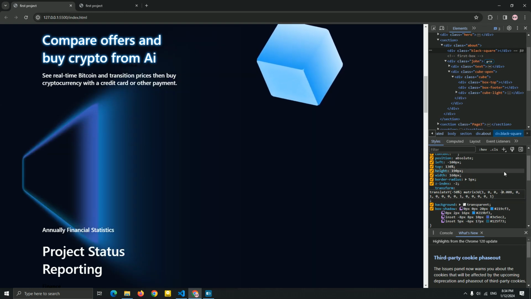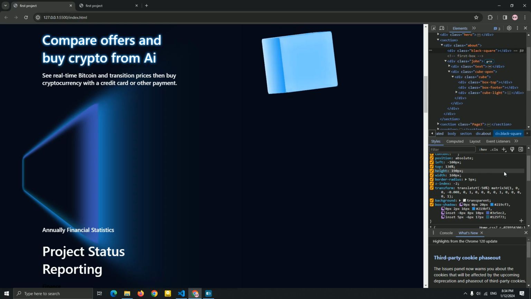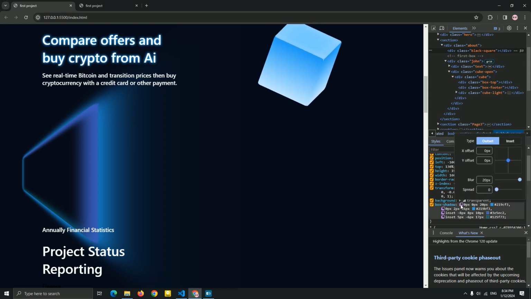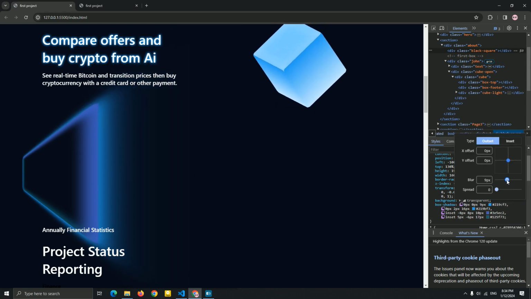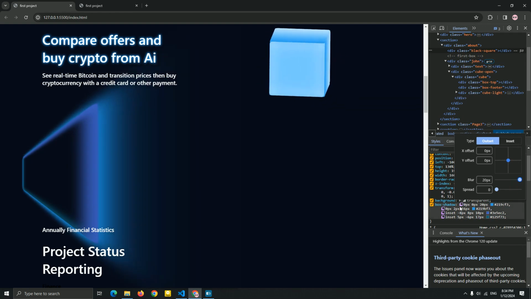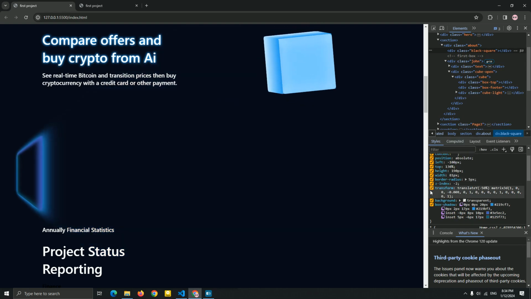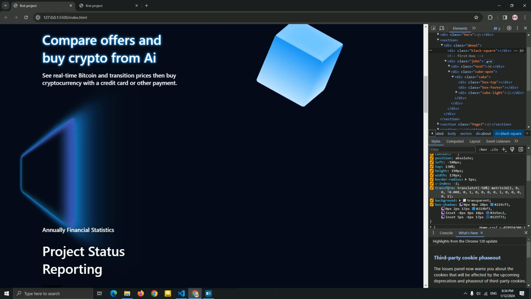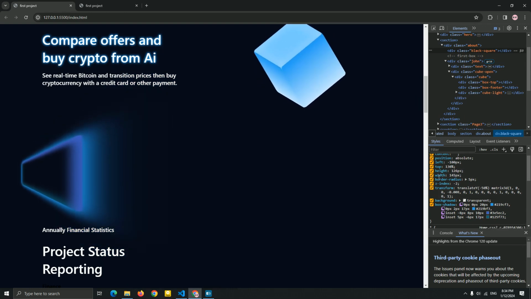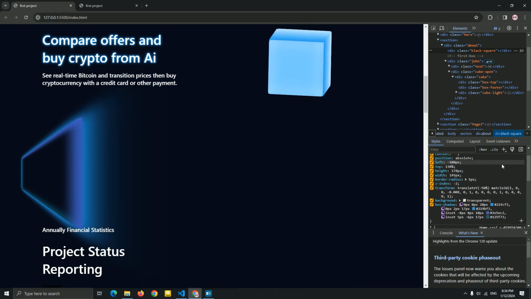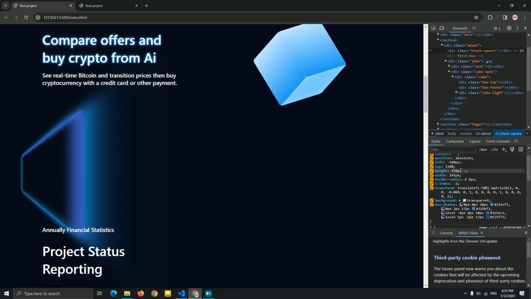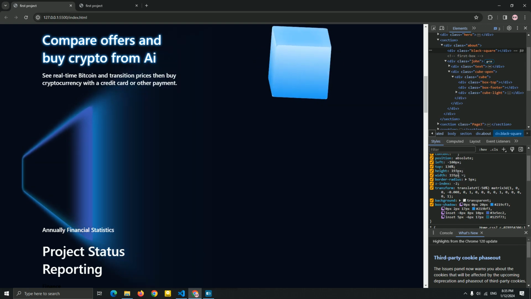So this is the first number, a translate Z, as you can see, and you can just increase this box shadow if you don't like it. It's up to you. If you don't like it, you can just decrease it right now. Okay, just to show you. And you can add the width and the height, as you can see right now. Okay, but we need to change it.